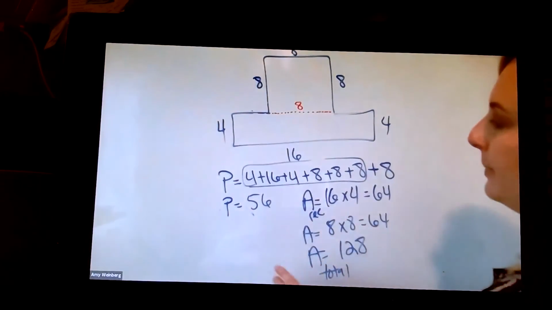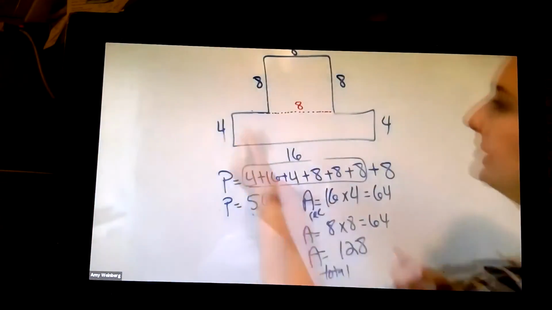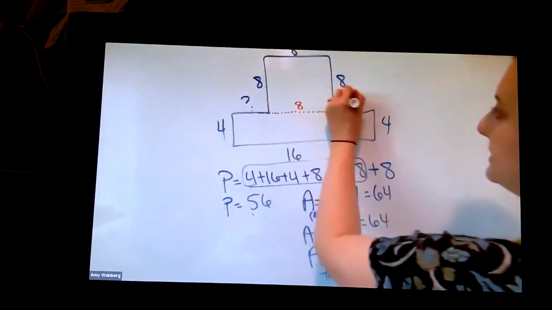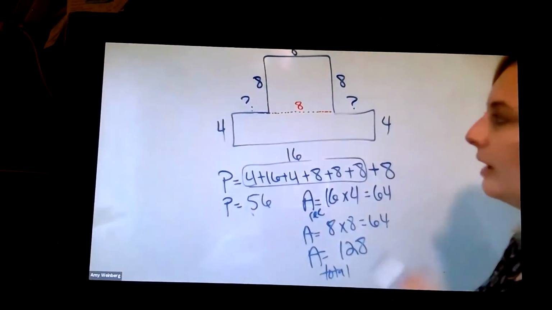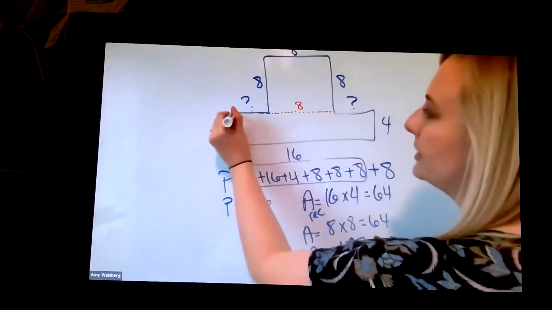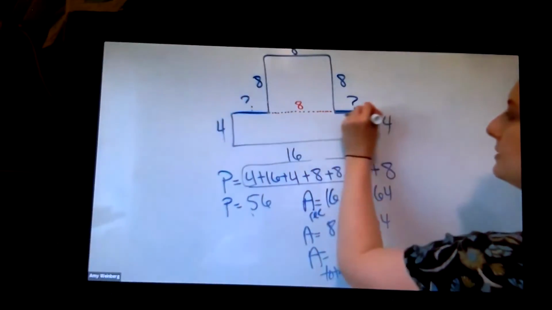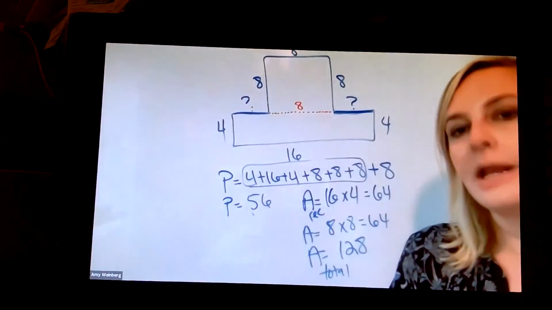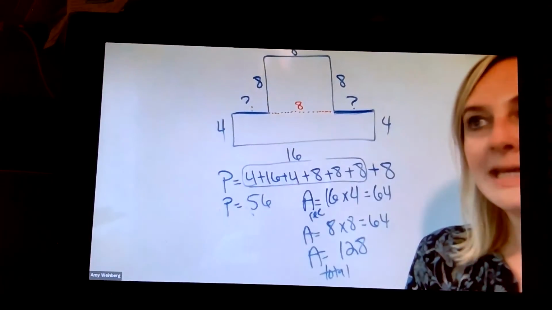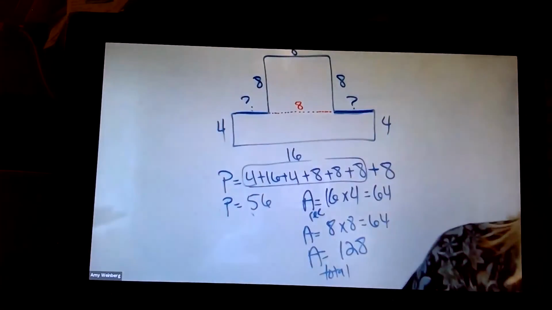So when I add up my perimeter, I added up all the blue numbers that I have, but I'm still missing this and I'm missing that. Agree with that? Okay. So my problem is I need to know what this is and I need to know what this is, right? I don't know what they are separately, but I know what they are together. Okay, because if I draw a,